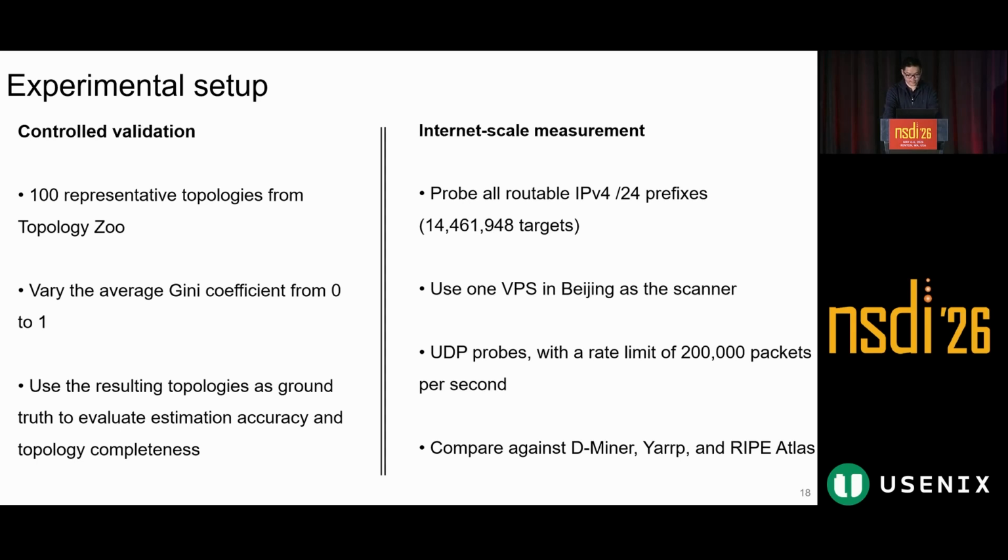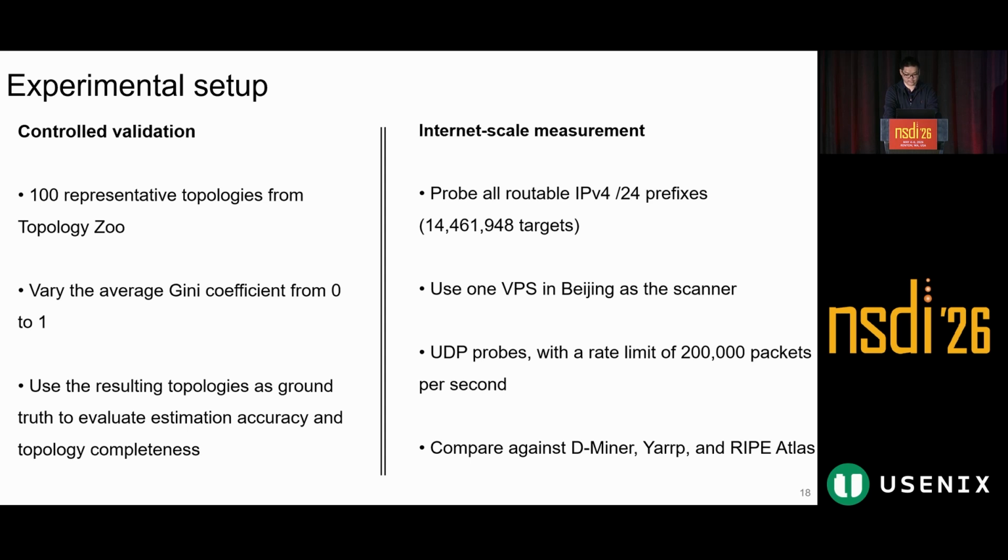We evaluate BayWatch in two complementary settings. First, we use 100 representative controlled topologies and vary their average Gini coefficient from 0 to 1. This gives us ground truth with different levels of load balancing skew, so we can evaluate both estimation accuracy and topology completeness. Second, we evaluate BayWatch at the internet scale by probing all route table IPv4 prefixes, which gives us